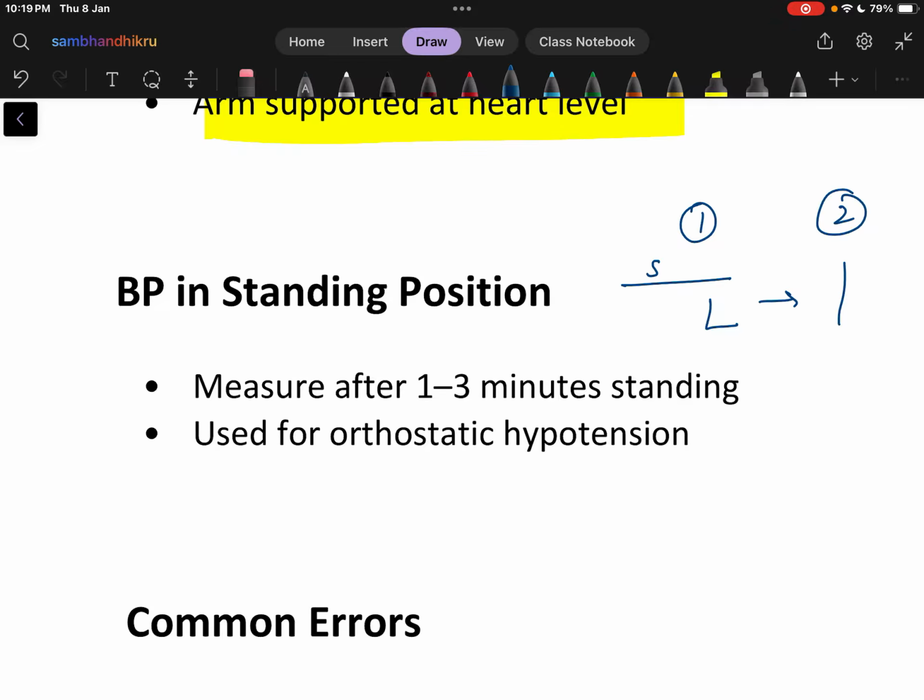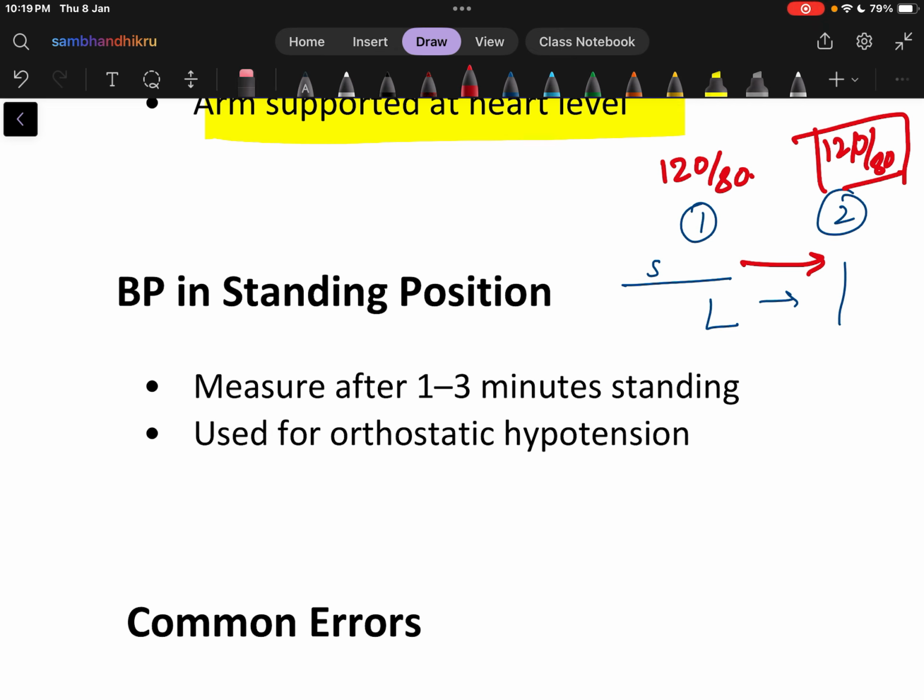When you check the first BP, you get more than 90 by 60 mmHg, so we can say it is normal. How much? That is 120 by 80 itself. But if they stood up all of a sudden, and the second time also you get 120 by 80 mmHg,